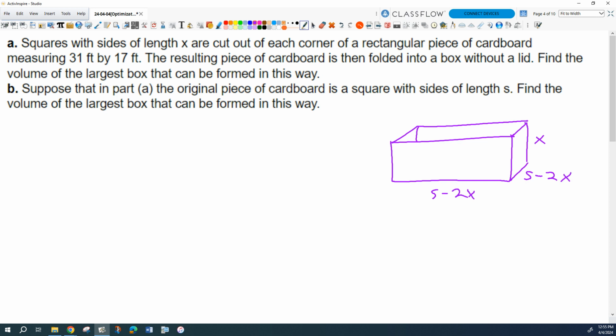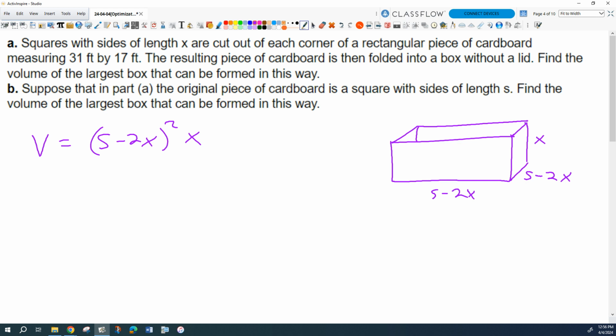Because when we're cutting the corners, I'm cutting out x by x squares, right? So those are my dimensions, right? So then we're trying to maximize volume, right? So what's the total volume? Volume is going to equal S minus 2x squared times x,